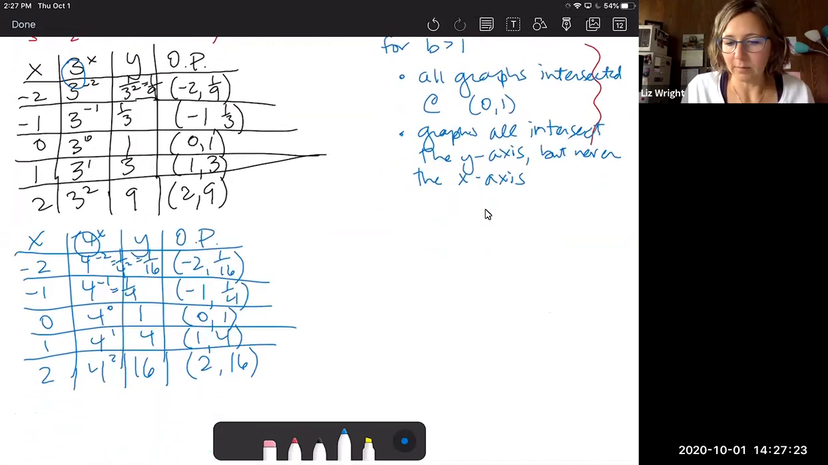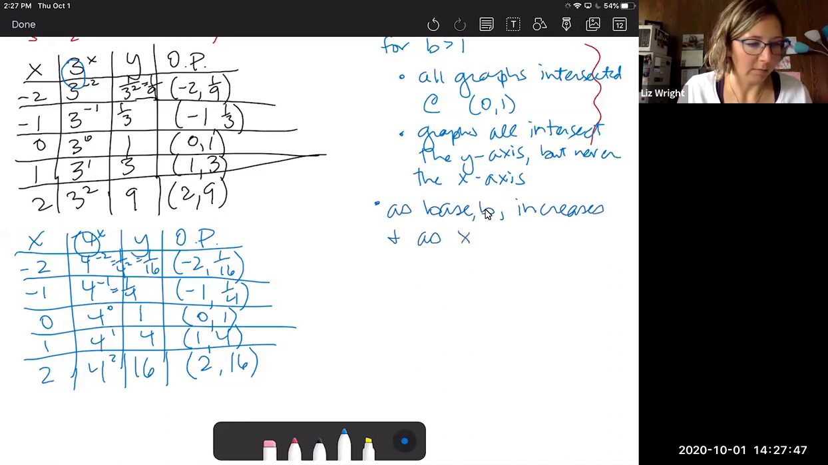Other things that I'm thinking about: as the base b increases, again, think about what that means. That was going from my red table to the black table to the blue table. For each of those, my base is increasing. And as x values